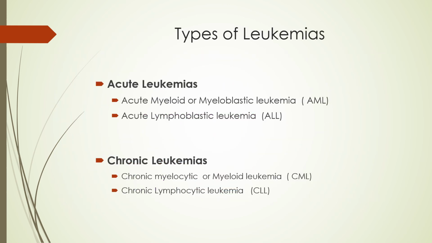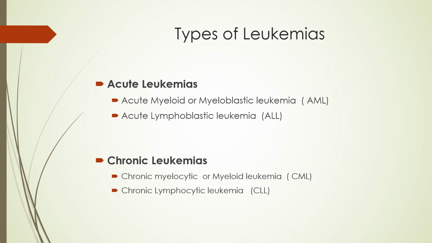And let us see what are the types of leukemia. The leukemias may be acute leukemias or they may be chronic leukemias. In acute leukemia, the course is very short, exuberant and very rapid. In chronic leukemias, the course is slow and prolonged. In acute leukemia, usually the disease appears and reaches its peak within weeks or few months, and death may result if the patient is not treated. In chronic leukemias, it starts slowly and persists for months and years.